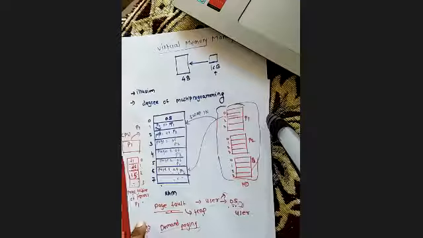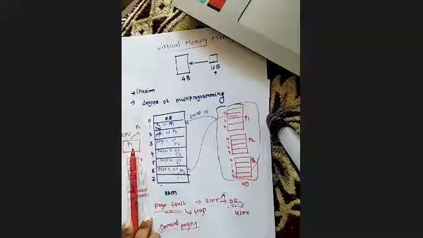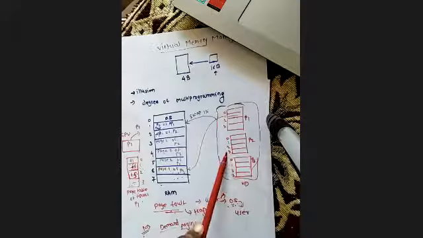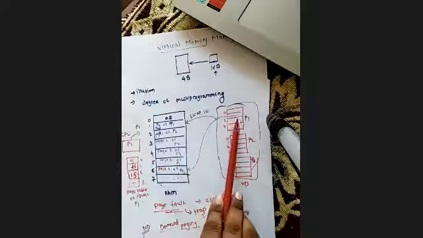By any chance, if the CPU is asking for a page and that information is not available in this particular page table, in that case, the page fault will occur. Once the page fault occurs, there will be a trap process. Okay, trap error handling का एक method होता है. Once the trap occurs, the system will give control to the operating system. Now the operating system is going to search for that page in the secondary memory. From the secondary memory, that particular page will be fetched into an empty frame. जहां भी जगह है वहां पे उसको fetch कर देगा.